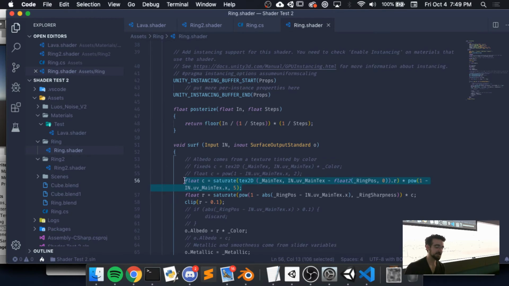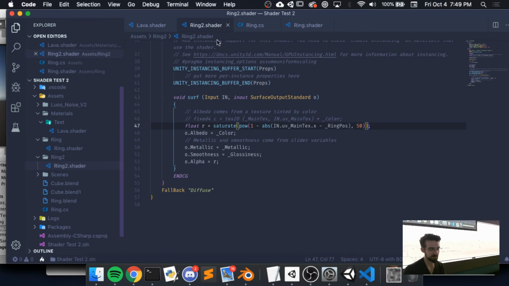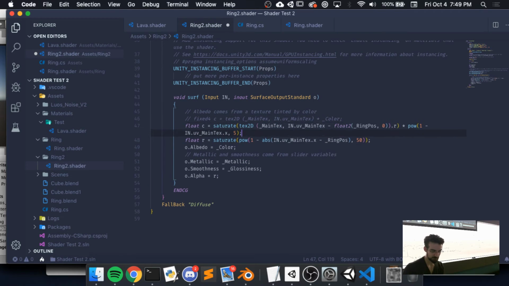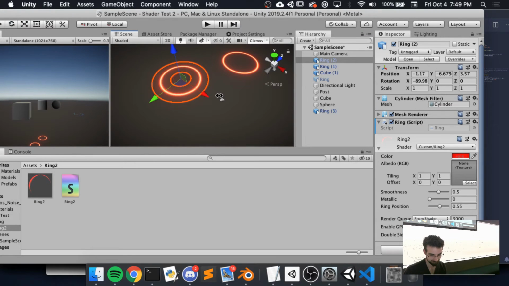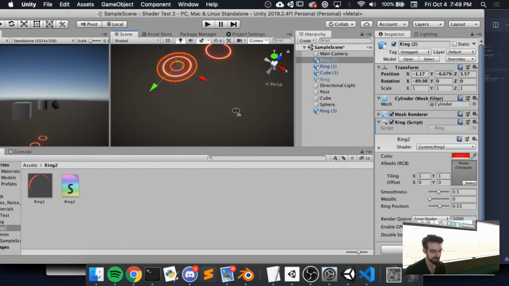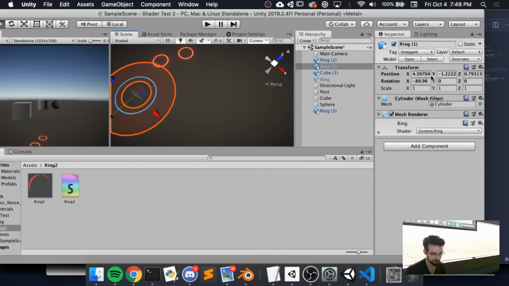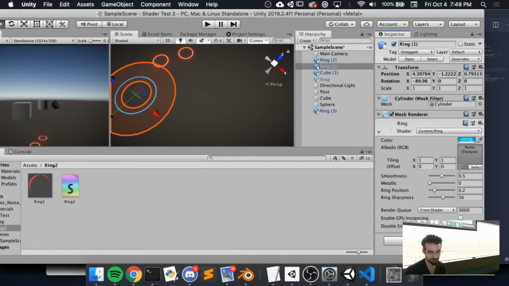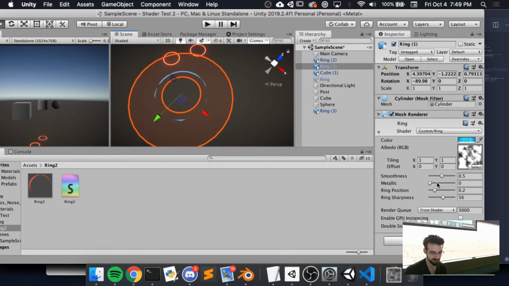Now I have C. C here is my texture. You'll notice in my ring, that's a clean ring. Here I have the ring broken up by this noise. It gives it that effect that the Breath of the Wild thing has. It gives it a rough look. So what I can do